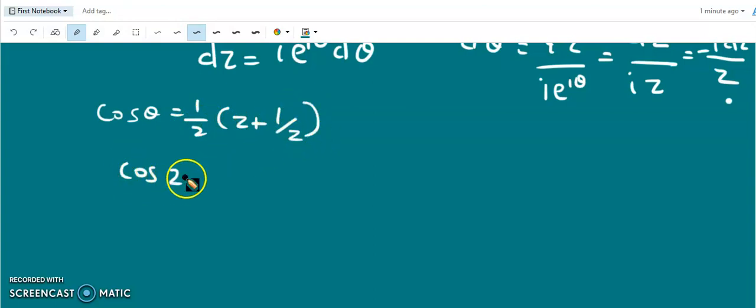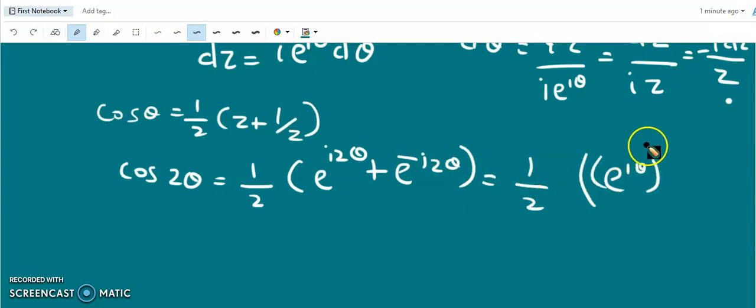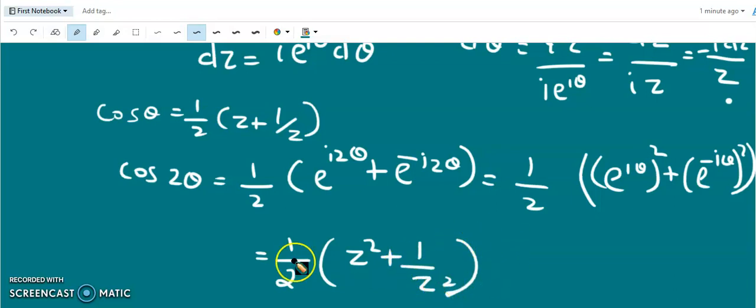So cos 2 theta can be written as 1 over 2 into e to the power i 2 theta plus e to the power minus i 2 theta. So that is 1 over 2 into e to the power i theta whole square plus e to the power minus i theta whole square. Now e to the power i theta is z, so we get 1 over 2 z square plus, e to the power minus i theta is 1 by z, whole square, that is 1 over z square. So substituting these values of cos theta and cos 2 theta in the above integral, we get